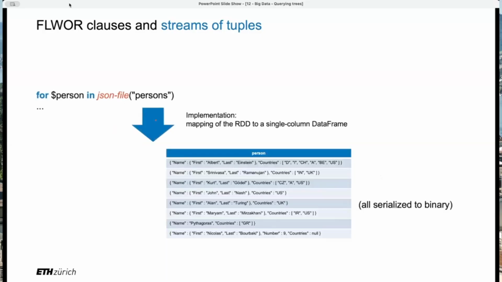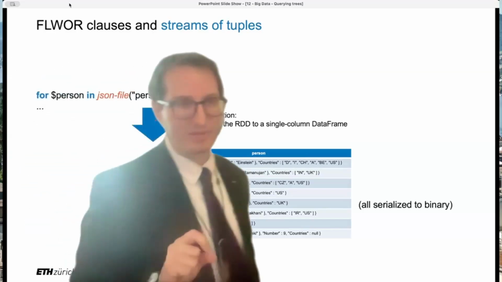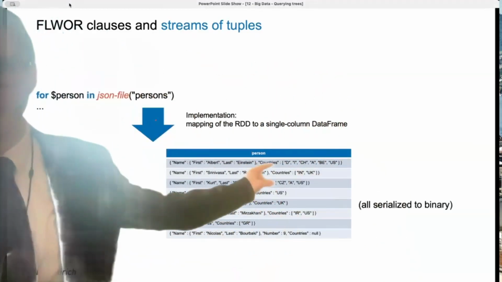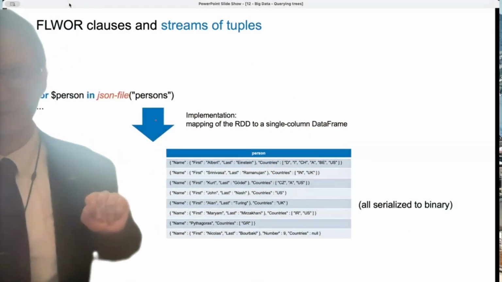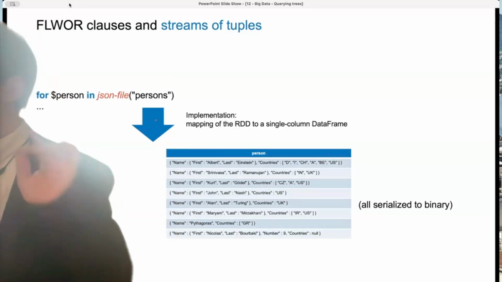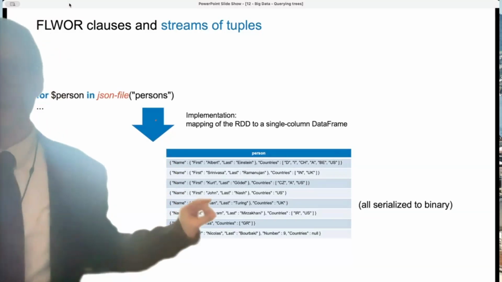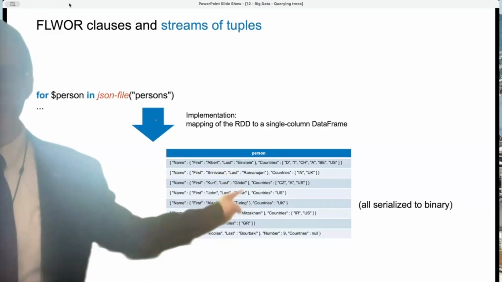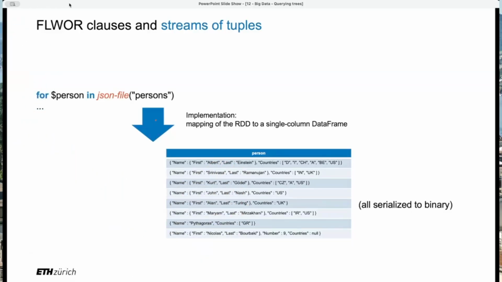Now what we do, the moment we put that in a for loop, in a for clause, what happens is that we have one variable, so that's going to create a physical data frame with one column for that variable. So in that case, the variable name is person. So I'm creating a data frame with person, right? Now, there is a trick. That's a physical implementation detail. Because this is heterogeneous. But the thing is,